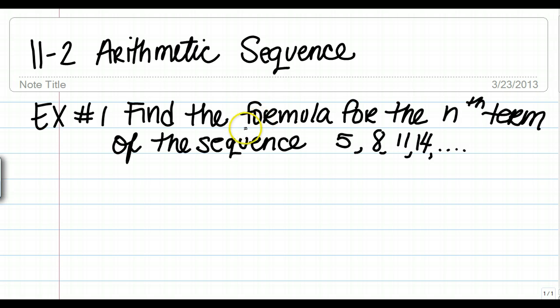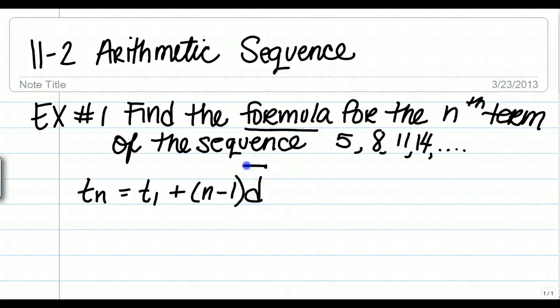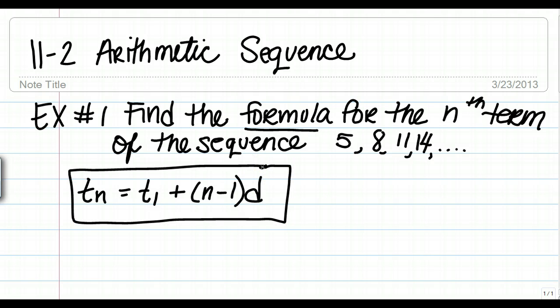If it asks you to find the formula for the nth term of the sequence and it lists it out, it's asking you to use the arithmetic formula, which you will need to memorize, in order to find the next couple of terms. This one's pretty easy, so you know just to add by 3, but it might want to ask for the general formula for this particular arithmetic sequence. So in order to find what that would be, you would need to plug in different things here to find the formula. So what T1 means,